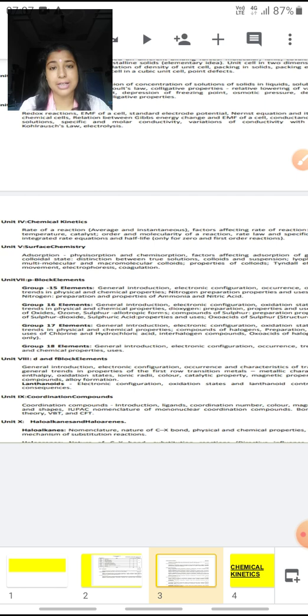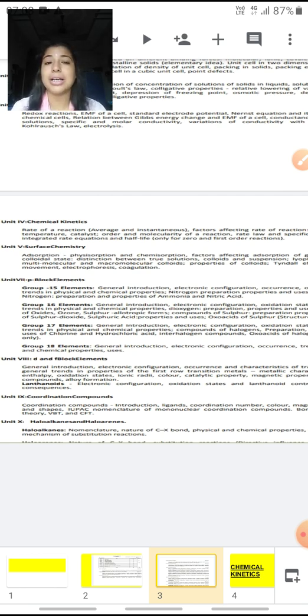Before starting with the chapter, I would like to tell you that the NCERT numericals are very important. Do solve all the NCERT numericals in your fair notebook, and if any problem is there, we'll be holding a session for problem solving and doubt solving. In that you may ask. Now I'm starting with your fourth chapter, that is chemical kinetics. We have not done the first chapter, I know. We'll do it later on.